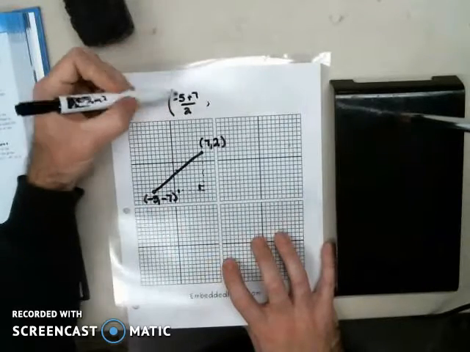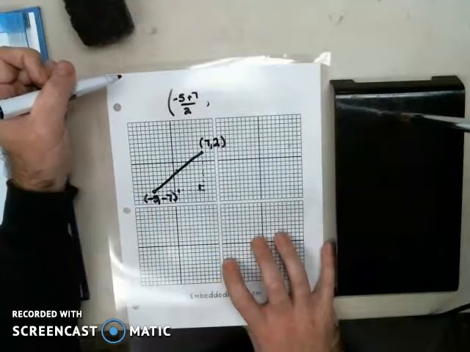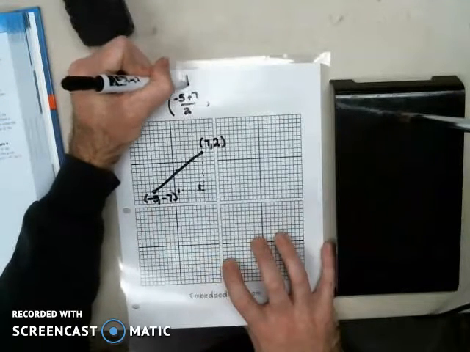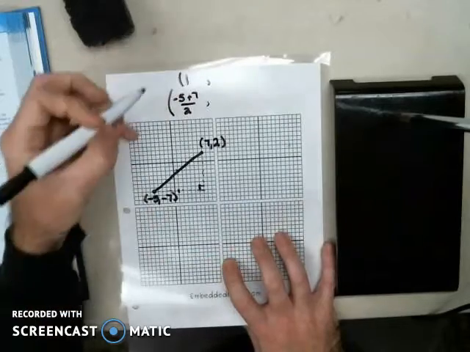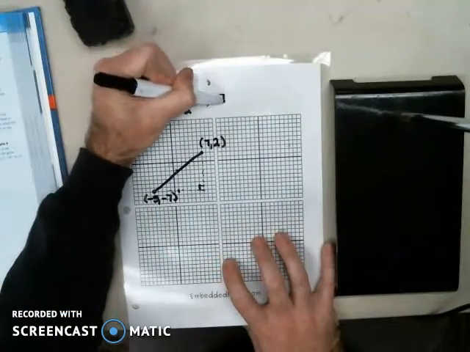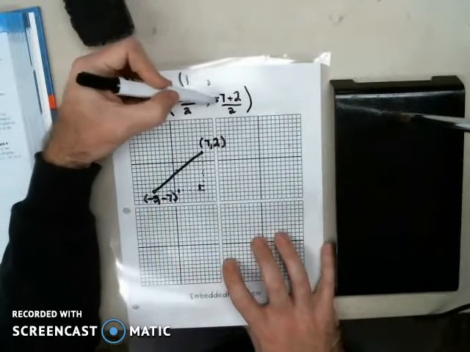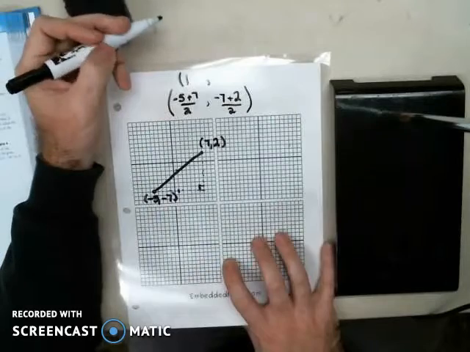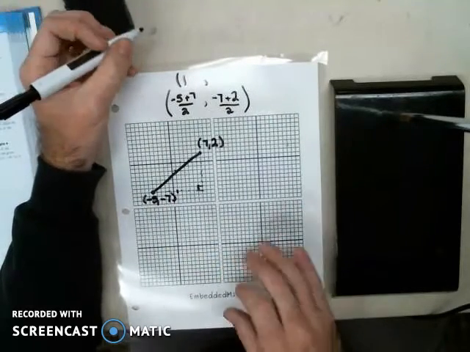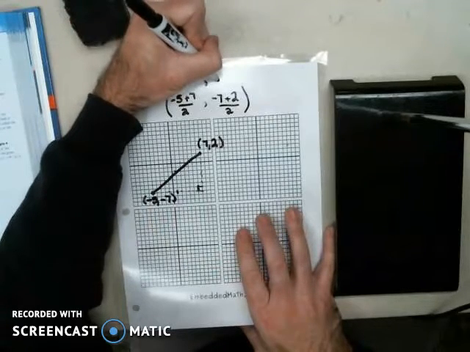But the math tells me -5 plus 7 is 2. 2 divided by 2 is 1. The y values, well, let's average those. My y values are -7 and 2. If I'm just going to do the math up here, -7 and 2 is -5. Half of -5 is -5/2, or